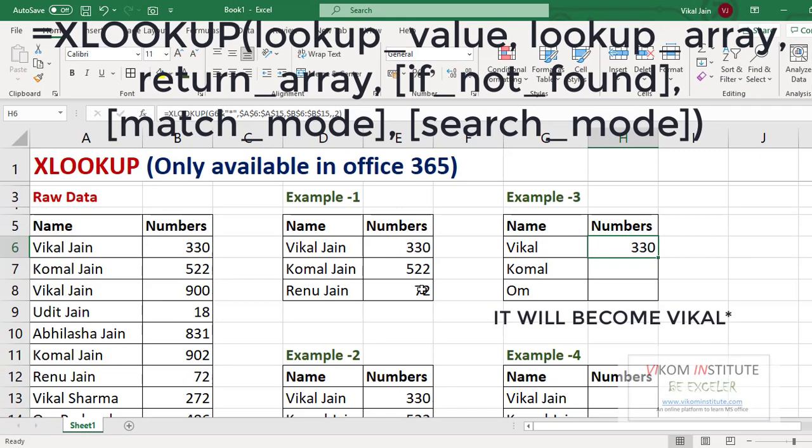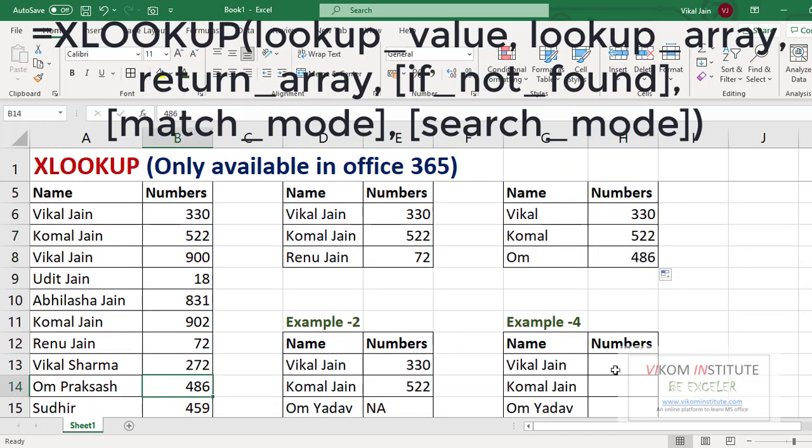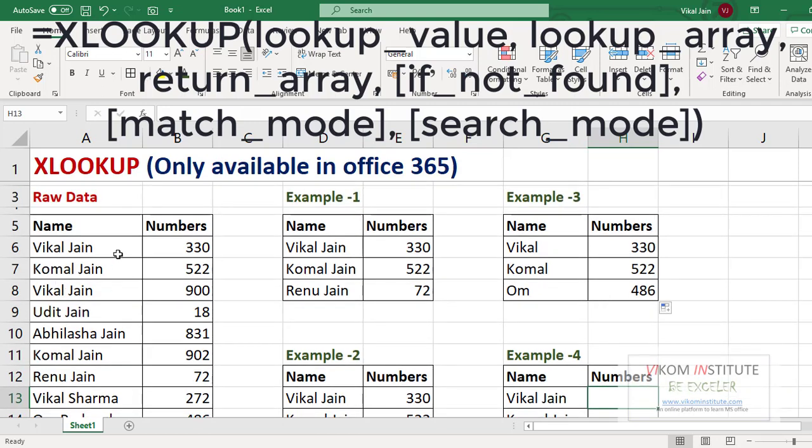Control enter, and you can see again it is taking the first example. So it is covering Vikal Sharma also. The asterisk basically covers multiple characters, and the question mark covers only one character. So here it is, Om. So here it is.